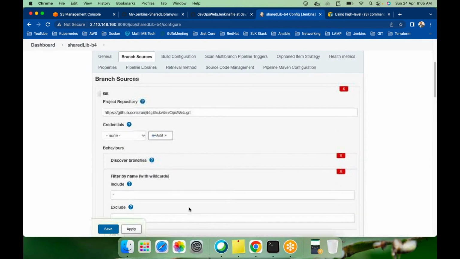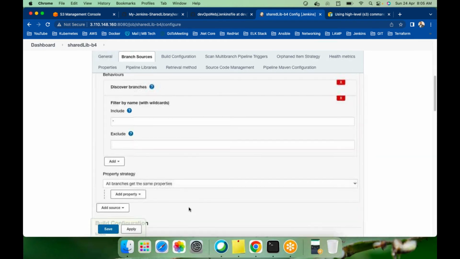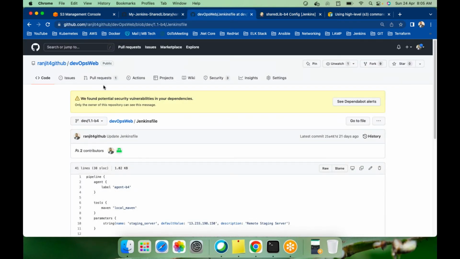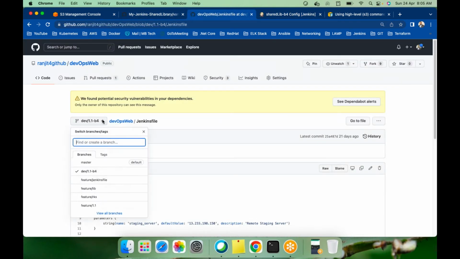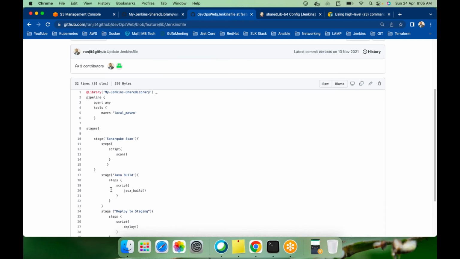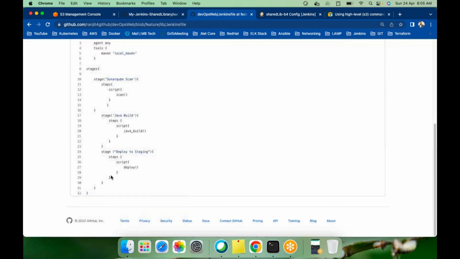Here we don't have to change anything. What is this job name? DevOps wave. Let's see what repo was used. That is what we need to check. Just go to configure. It used the DevOps wave dot git,